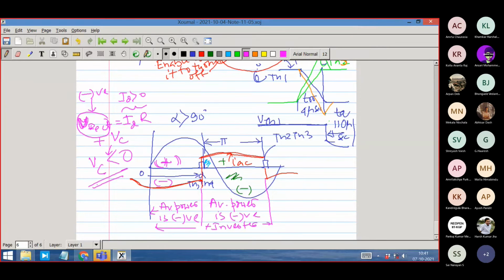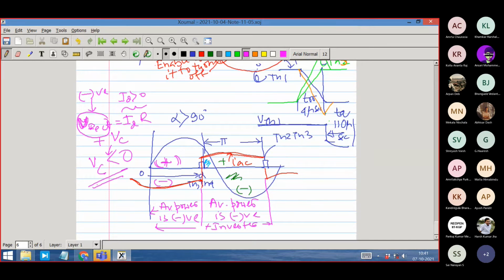Whether that happens or not, it may happen in some situations, like a DC machine where speed reversal has happened. Because in a DC machine, the EMF is K phi into N. If you don't change the flux but change the speed, then K phi N is negative, and therefore this may happen. Okay, so this is another steady state situation.